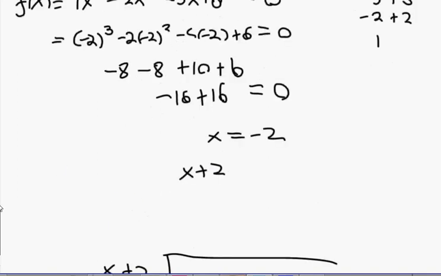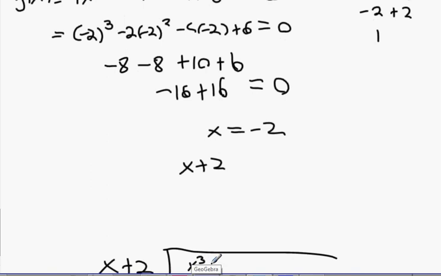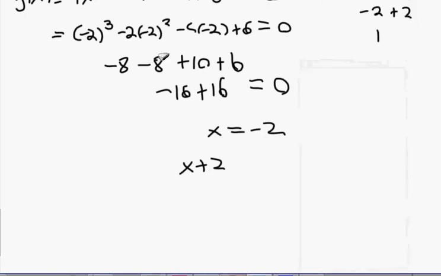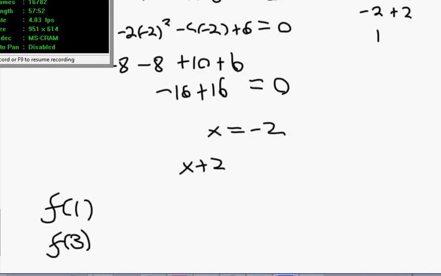You then go about dividing x plus 2 into x cubed minus 2x squared minus 5x plus 6. Now, to be honest, guys, you can do the long division way. You can get a quadratic equation and solve it. But you guys have the power of a calculator. So what you can just do now is choose your other two values to put in. You know one answer is minus 2. You know the other answer is 1. And you know the last answer is 3. So you can just do f of 1 and f of 3. You don't have to go through the long division. In tomorrow's class, I'll show